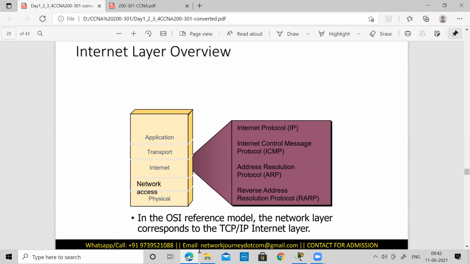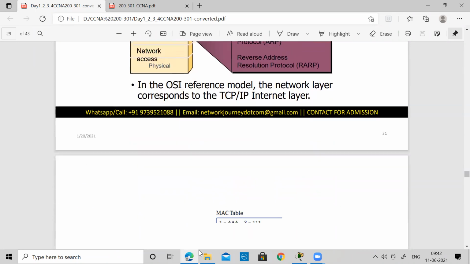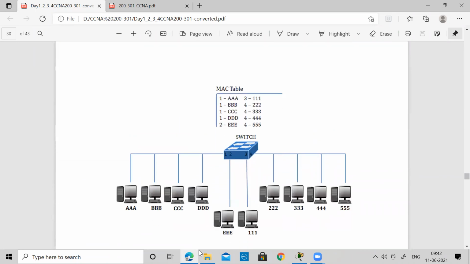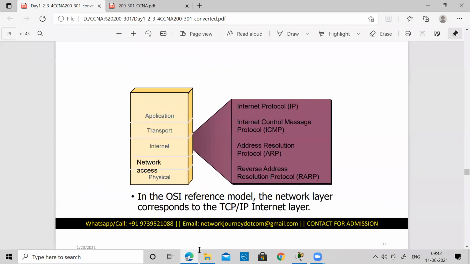RARP is just the reverse process. You know the MAC and you are requesting an IP, which generally happens for your own system: the hardware address of your device is known to you, but you want to check what IP is associated with it. So your system is doing this reverse ARP process. And the further part, as I said, we will be discussing more about the switch and the ARP process in my next class on Monday.